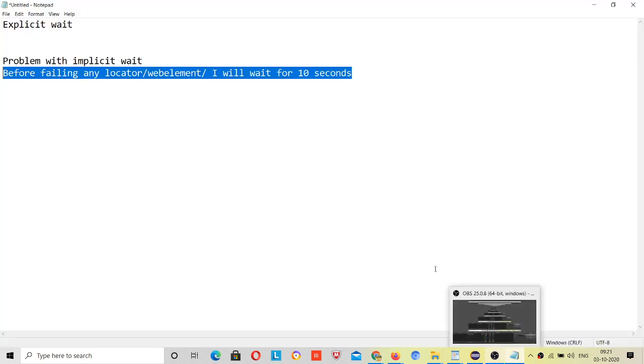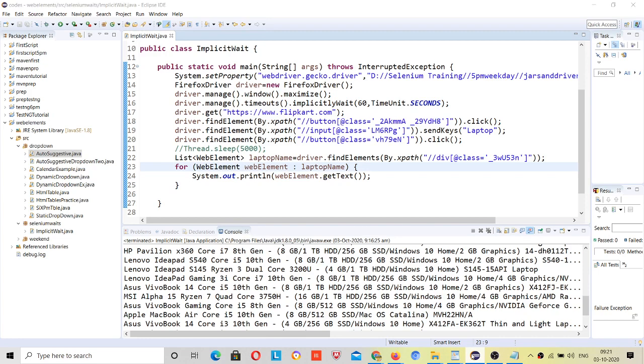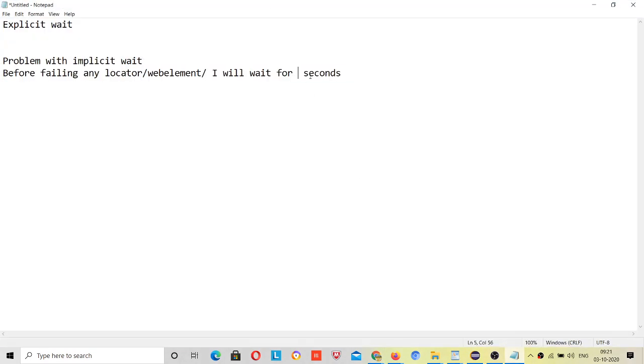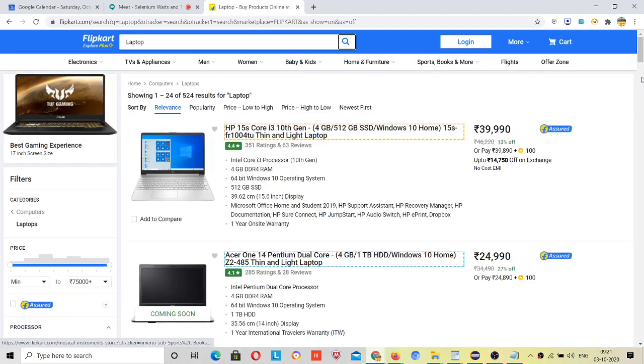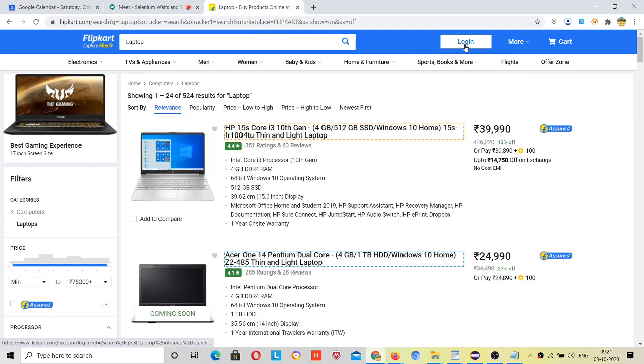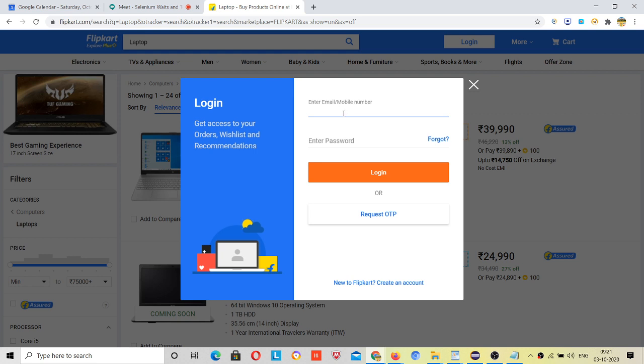But just because this implicit wait is applied globally, this cannot be changed, because if I change it to 5 seconds, now other test cases say that I have to give minimum 10 seconds as a waiting time. Suppose I come here and click on login, and after login I give information and just click on login.